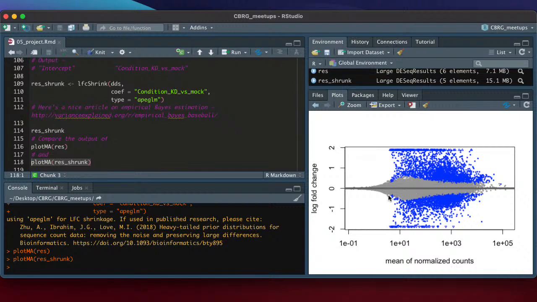And this approach is called an empirical Bayes approach. I've put a really nice reference here on line 112 that explains empirical Bayes using baseball. I won't give away too much because it's explained much more nicely in this write-up.